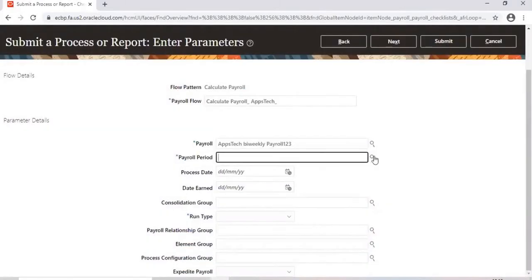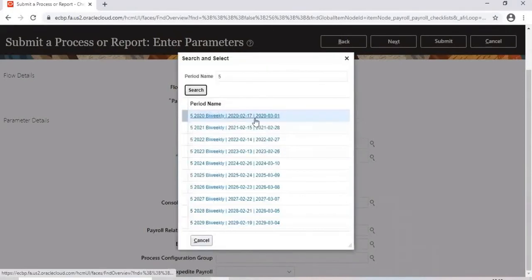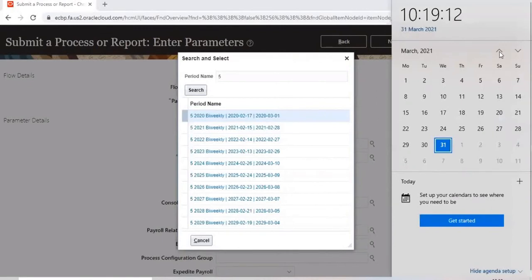Now, which period do you want to process? Because you see, we have already processed for that period. We have run individual quick pay for those processes.